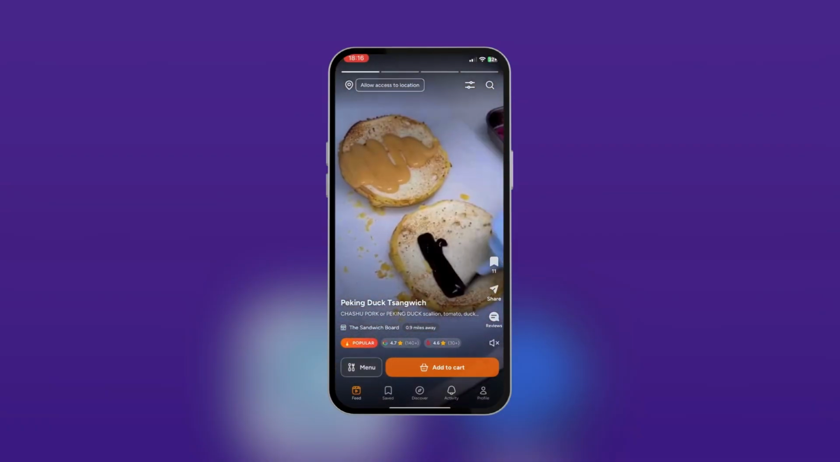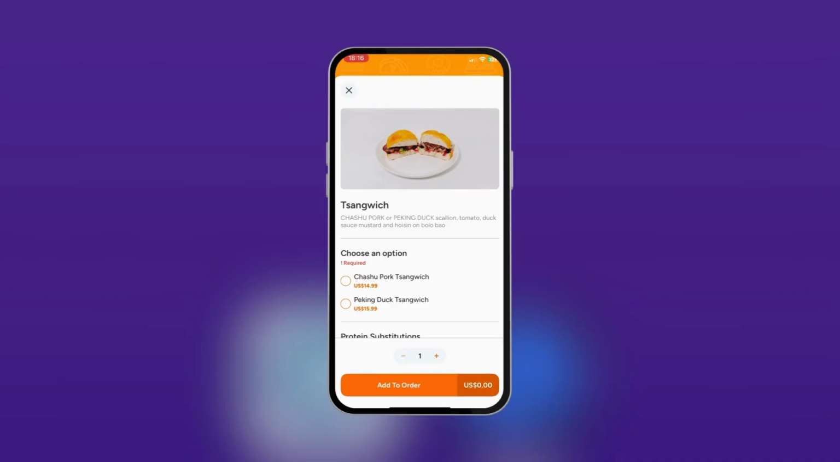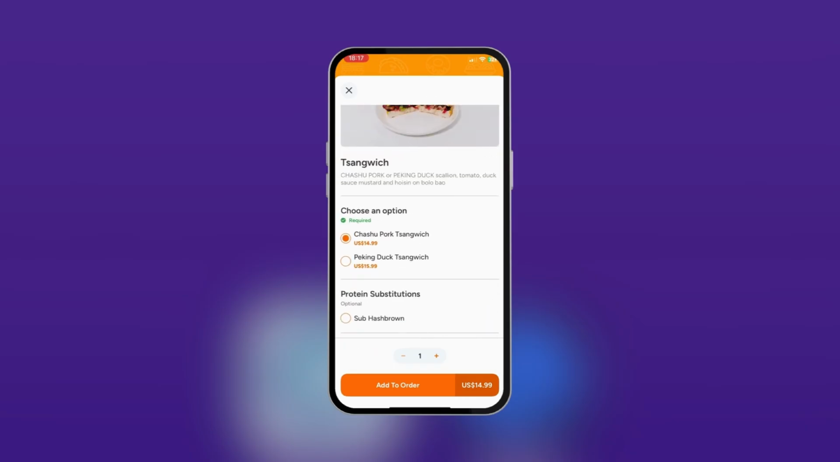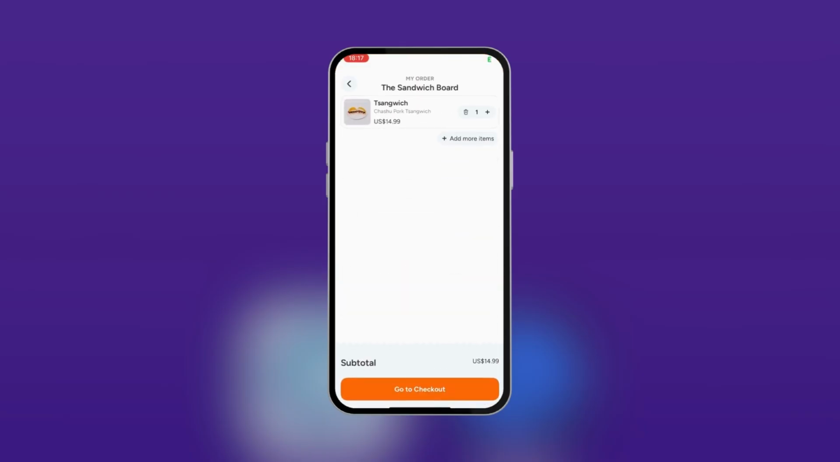address. We're going to tap on add to cart for this meal before us, and of course you can see the meal there, sandwich, and of course you could choose an option. We're going to choose the pork sandwich, and of course we have that. We're going to say add to order, then tap on view cart at the bottom of your page, then select